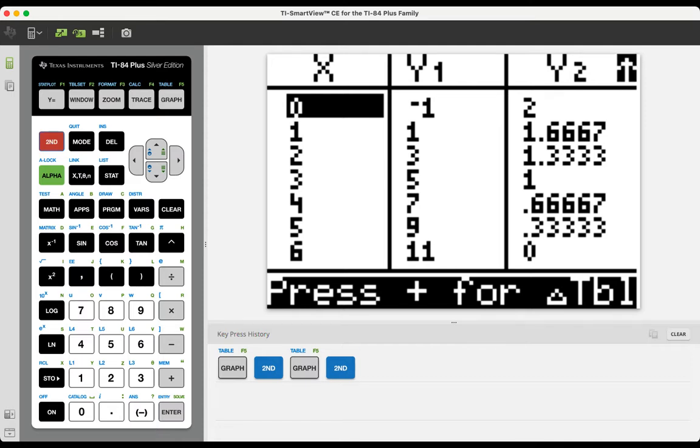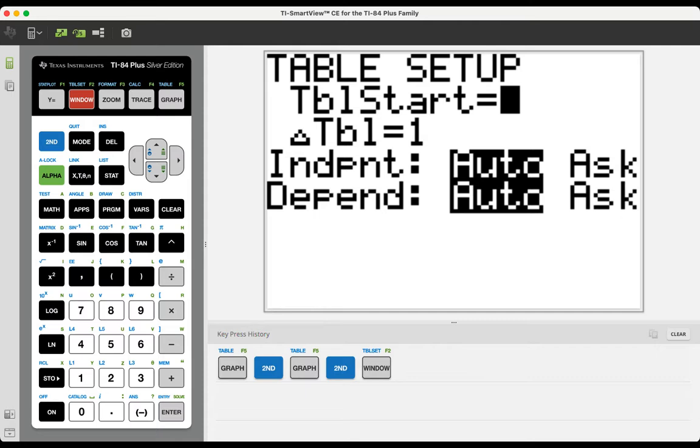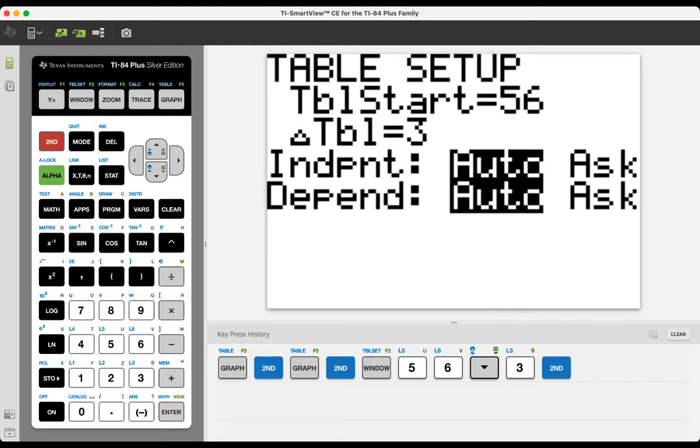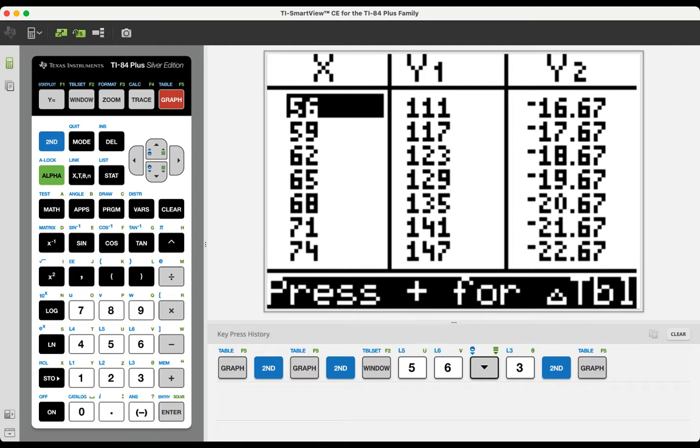If you press second and window, this is the table set menu. This is where you tell the calculator where you want the table to start, how you want the table to count. So maybe for the sake of example, I want to start my table at 56, and I want my table to count by threes. If I go back into the table, second and graph, I now see that my table starts at 56 and